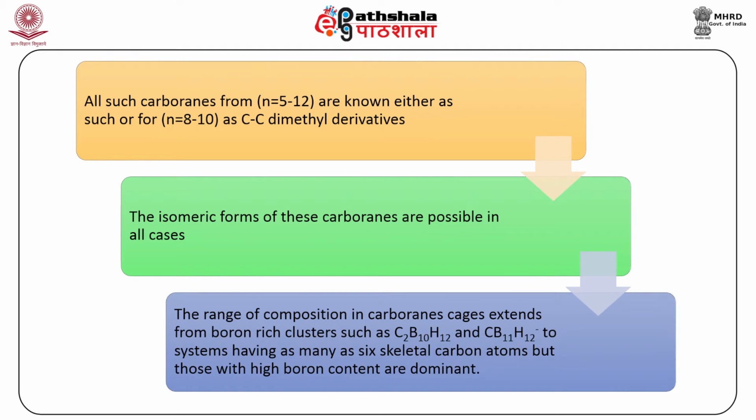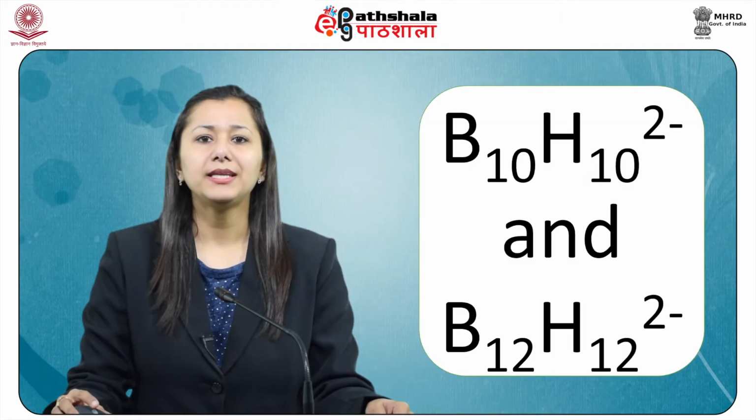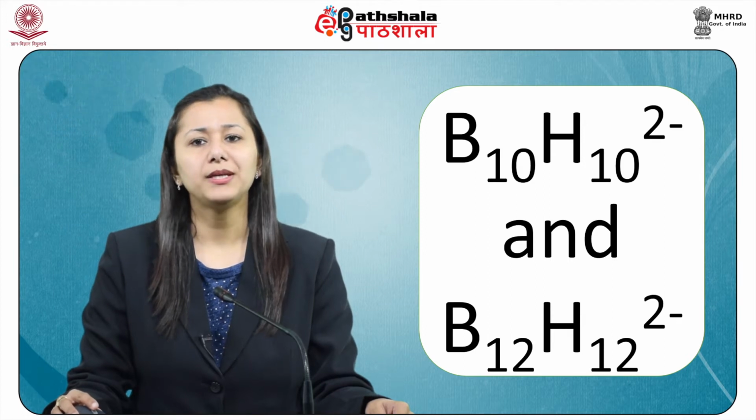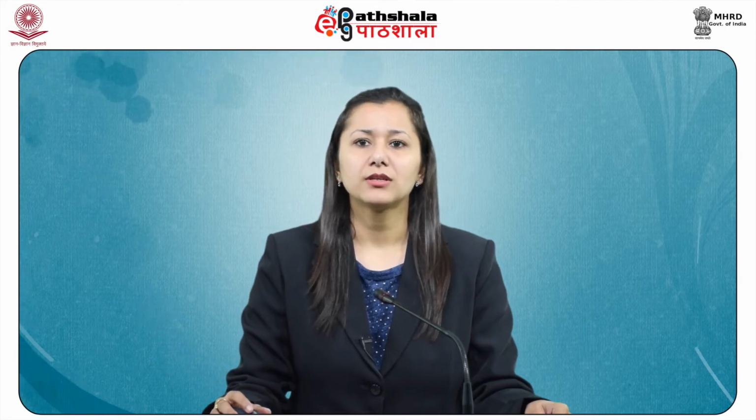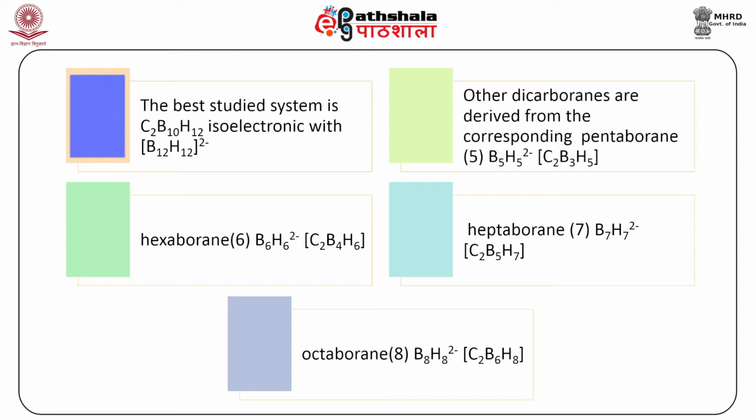The range of composition in carborane cages extends from boron-rich clusters such as C2B10H12 and CB11H12- to systems having as many as 6 skeletal carbon atoms, but those with high boron content are dominant. The borane anions B10H10 2- and B12H12 2- have been studied far more thoroughly than the others because of their stability. The best studied system is C2B10H12, isoelectronic with